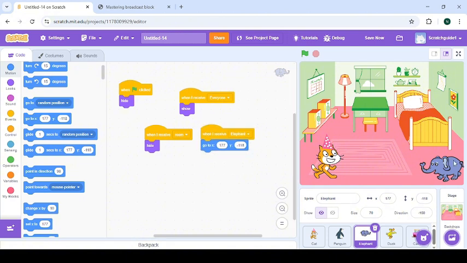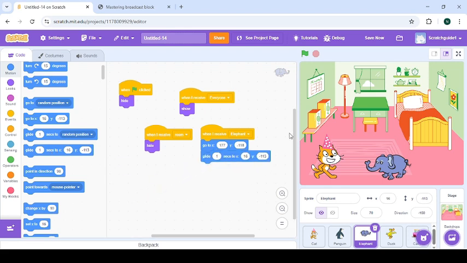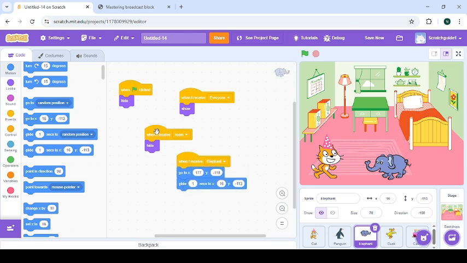You use this block to make it appear there, and then glide from here to here, exactly what we did for the penguin. Then glide, but before we do that, we are going to make it glide actually before adding the block. Glide from there to there. Click on the green flag or click on this block to see. You see, it's going to glide from there to there, and then it will broadcast